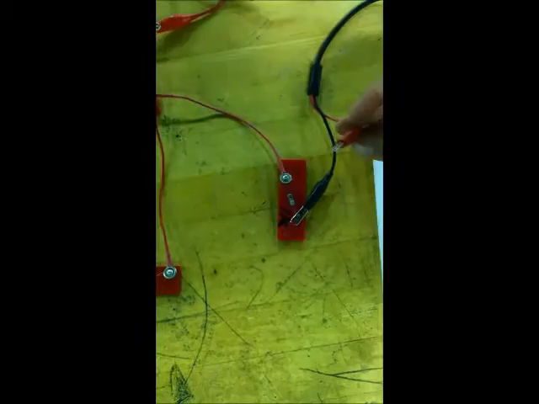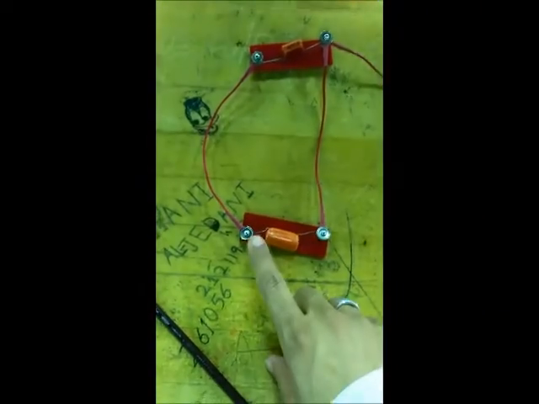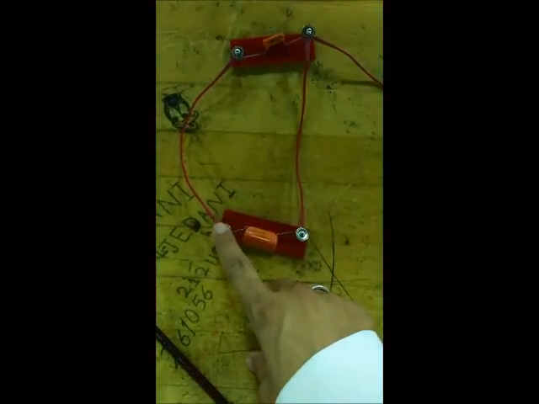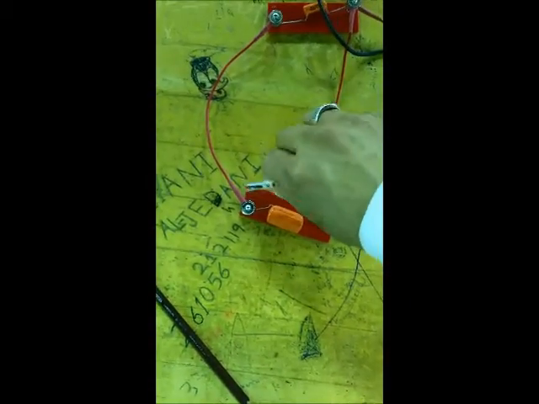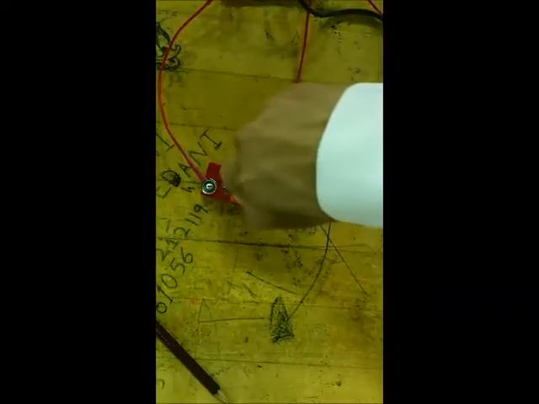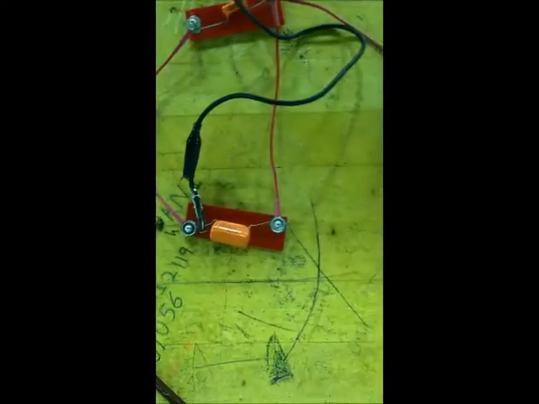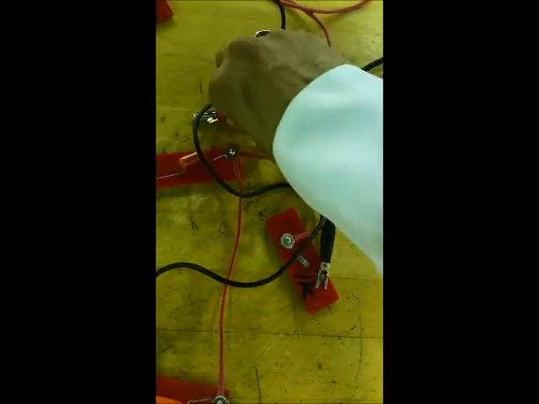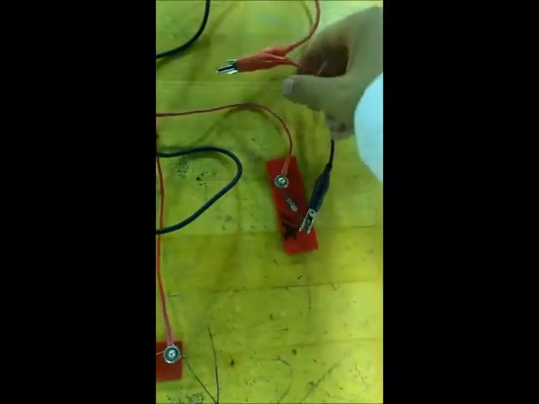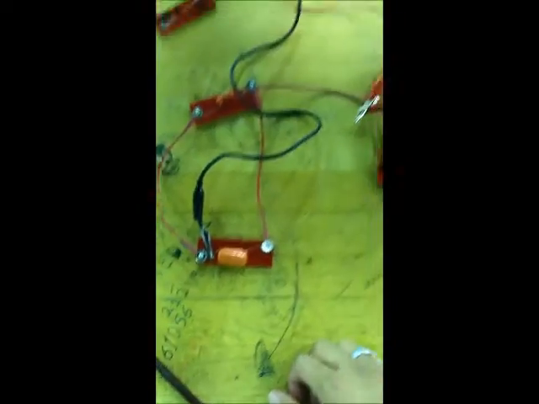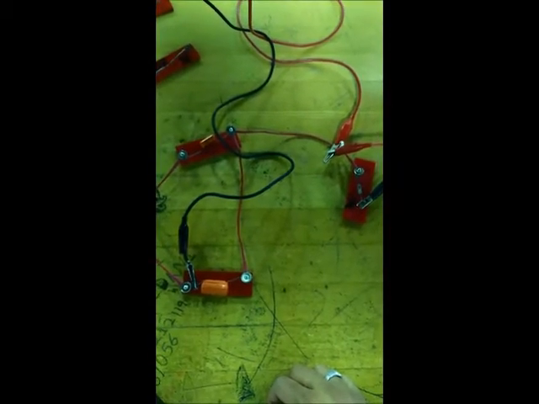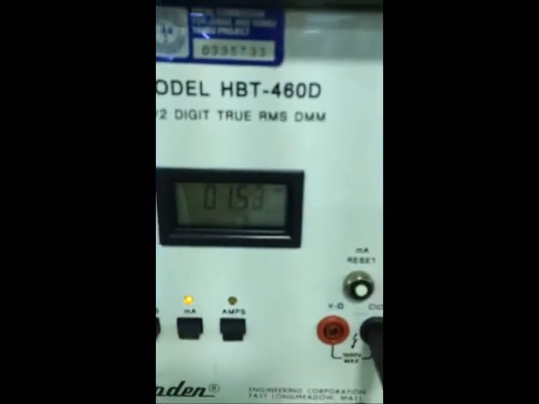So this source should be connected here, but since I want to measure the current, I will connect the black wire of the ammeter here, and then this one will be connected to the positive of the ammeter. So now I have this circuit, and I can see the current here,